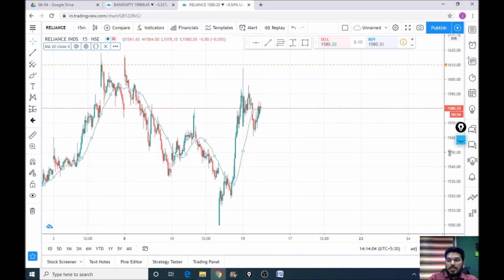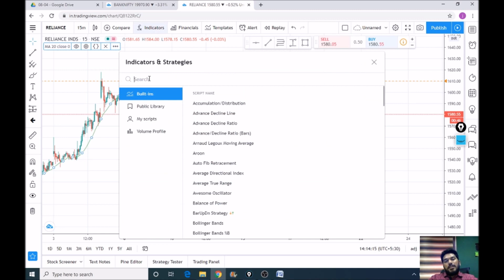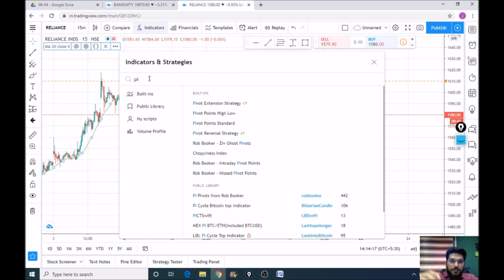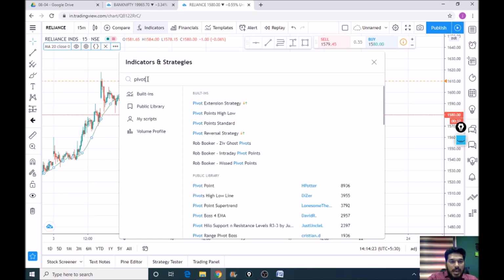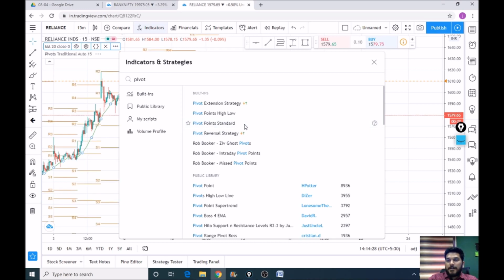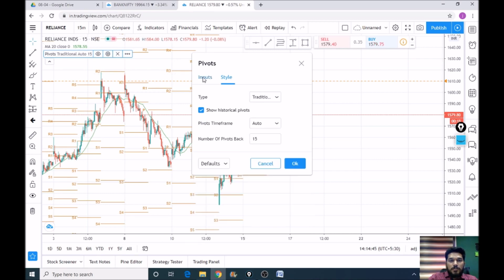So this was one simple application of tradingview.com. Also, you must be aware that I am a big fan of pivot points, and TradingView has pivot points as an indicator. Now just type pivot and here you will see pivot point standard. Click on pivot point standard. Once you have done that, I want you to make some changes to pivot settings. Just go to pivots on the left hand side over here below moving average. Click on settings and do the below changes.